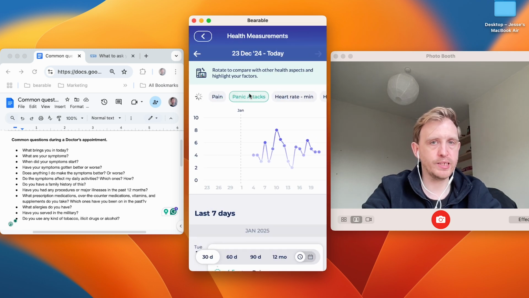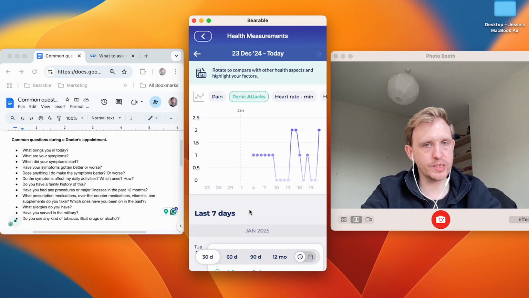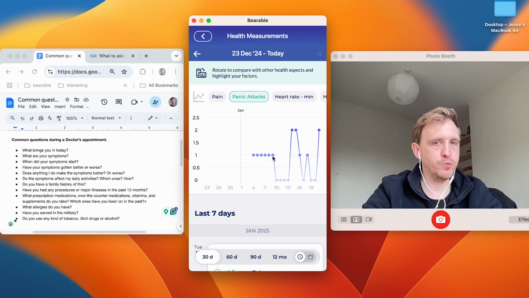So I can select panic attacks here. I can see that in the past 30 days, there was a period where I had a panic attack every day up until the 10th of Jan. And then there were a couple of days where I had 2 panic attacks. And then it's been more severe since this period, although I'd say that any panic attacks are probably severe. This is obviously just demo data.